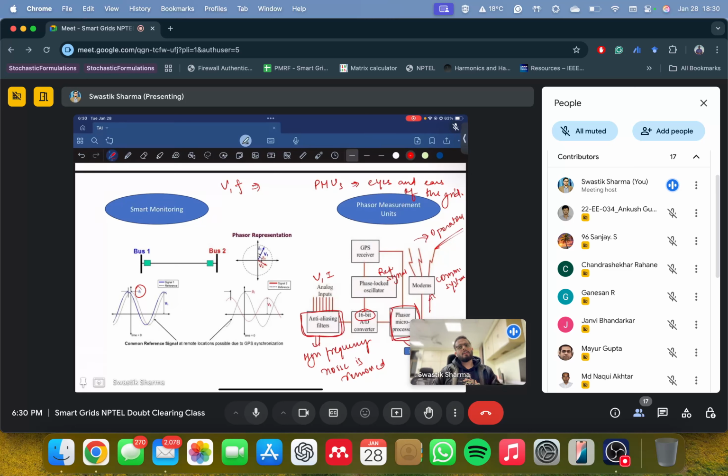Okay, let me think of a perfect answer for you. You raised a great point from the grid security perspective: if voltage or frequency is violated, the system transitions into a different state. Theoretically I have seen that, but practically, even in the market, we don't see people working on it with PMUs.